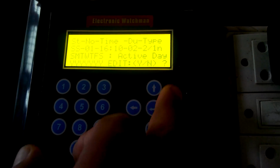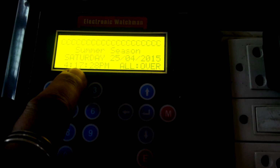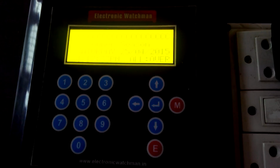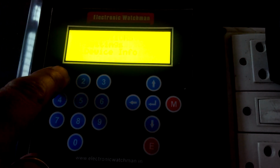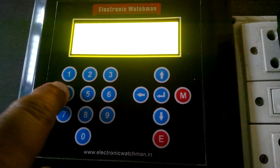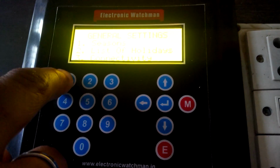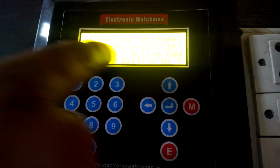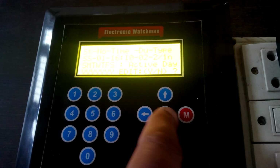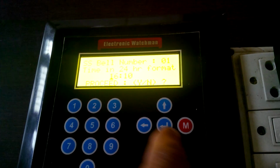Now in the system, we have to see what is the current time. It is 4:17, so I am setting up a time 1 minute after. So I'm again going inside the menu, and I'm quickly going to enter the password. And I'm pressing seasons, summer season, and it was 4:17, so I'm making it 4:18. To make it 4:18, I just have to edit